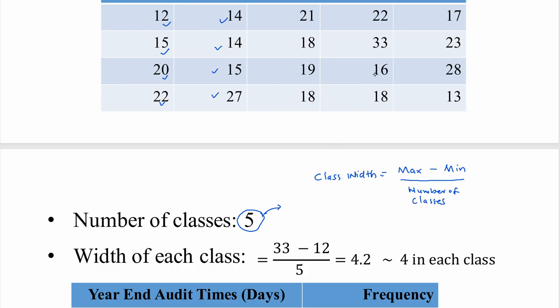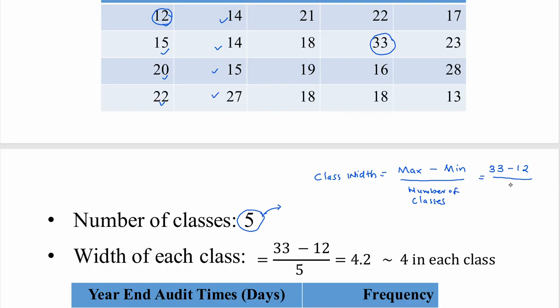And so in our example here, I want you to look at the data set. Tell me which one has the maximum number. From our data set, we will all agree that 33 is the highest number and that is our maximum. So it's 33 minus which one is the minimum number in our data set? Is it 13? No, it is 12. So the minimum number is 12. So it's 33 minus 12 divided by how many classes are we looking at. Again, because this is a small data set, we are using a small number of classes,